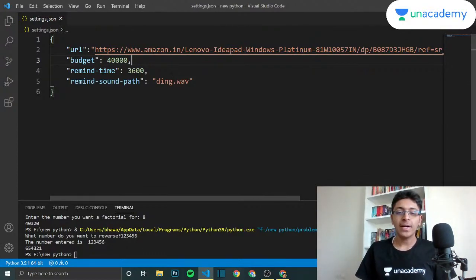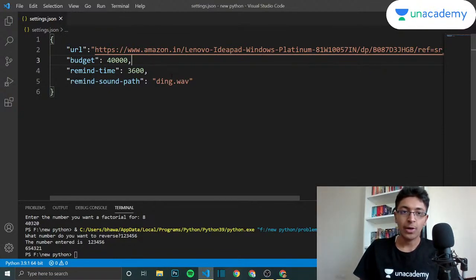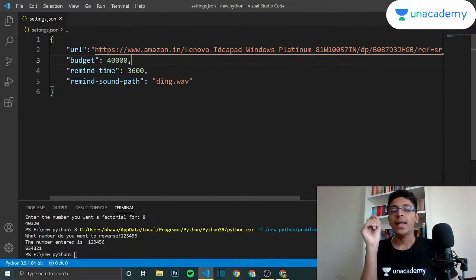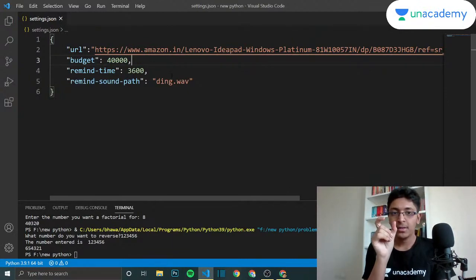Okay, so what that means is that, let's say you want to create a very simple tracker. I want to track the price of a laptop I want to buy. It is too expensive right now and I'm just waiting for it to get cheaper, basically. So for that, I will create a very simple Amazon tracker. Let's say the product is listed on Amazon. I can just take that information, the price and the name, and I can display it using this Python script